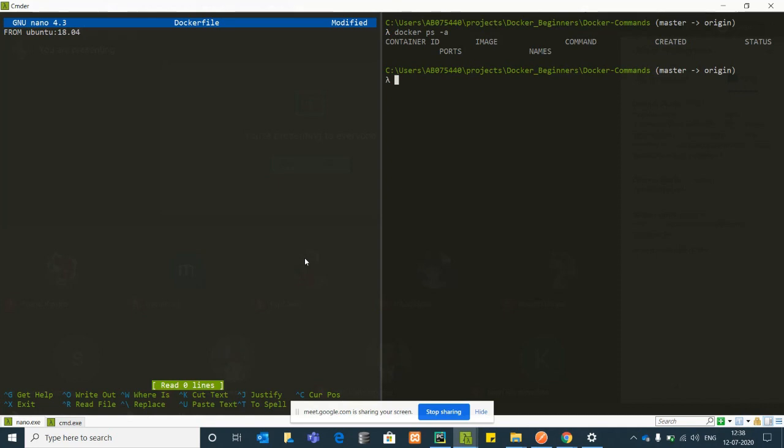Abhishek, just a question. In which language is the Dockerfile to be written? Dockerfile does not come with any extension. You need to maintain this naming convention, that is capital D and then Dockerfile. It is not a particular language. Docker is built on the Go language basically.